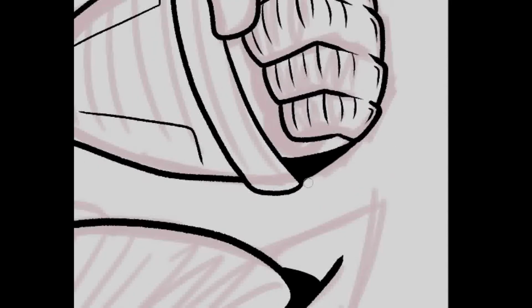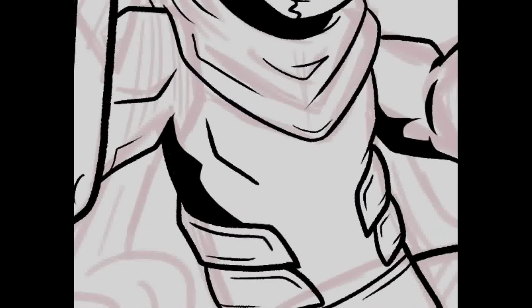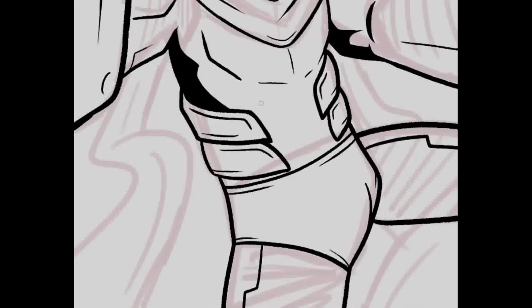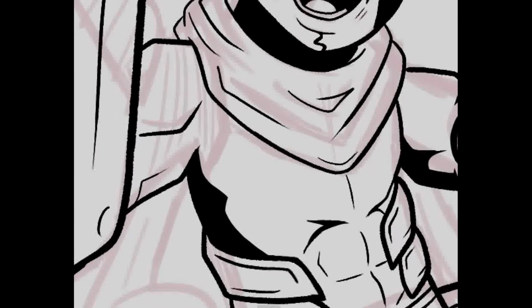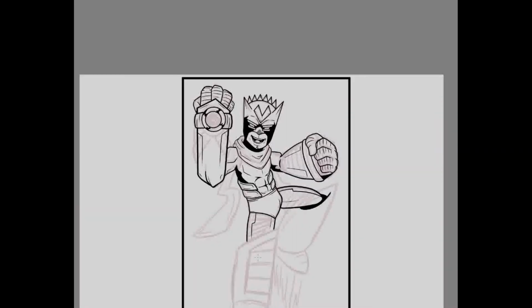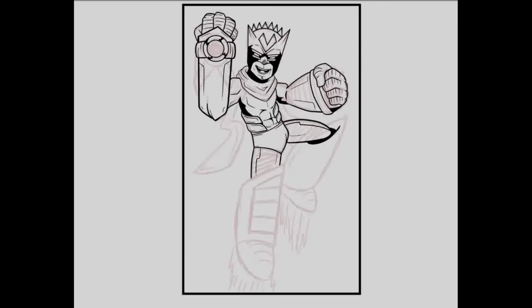But I was thinking about a giant fist for punching, and then the other arm could be the one that kind of shoots out pulsar type of things, or repulsor tech, or reactor tech, whatever you want to call it. As long as it shoots an energy blast, that's pretty much what I was aiming for. As you can see, when I was detailing his body in the suit, you can see why I wanted to push those little things a little bit further to the right, his left, our right.